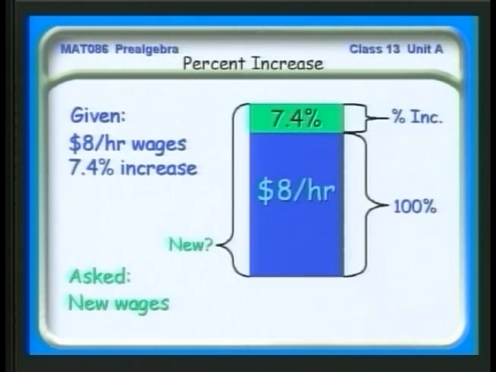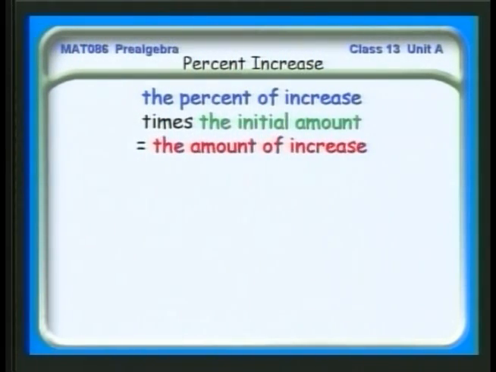Again, some kind of a diagram doesn't hurt anything. What we want is, as you see there, the new amount, the $8 an hour, plus that 7.4% increase. Let's calculate that now. We remember that the percent of increase times the initial amount is equal to the amount of the increase, so let's go after that first. We have 7.4% times $8, but we can't use